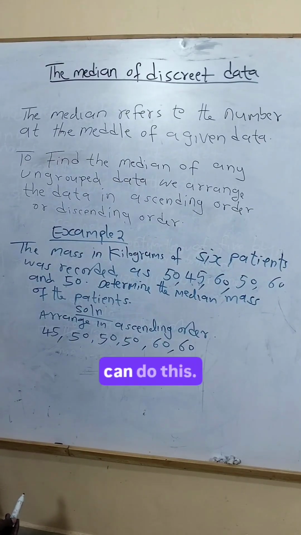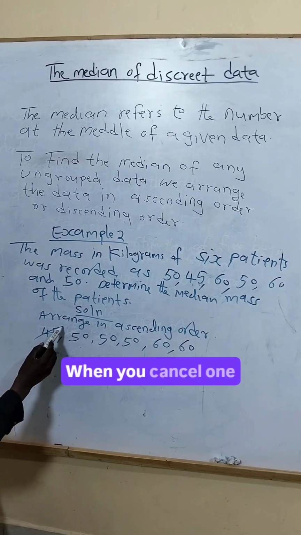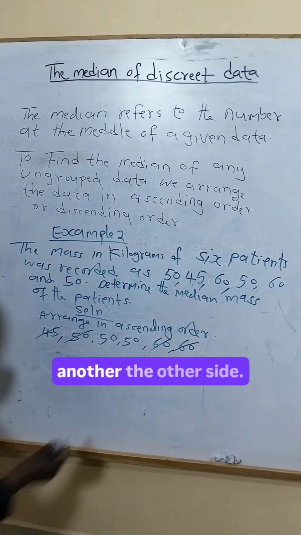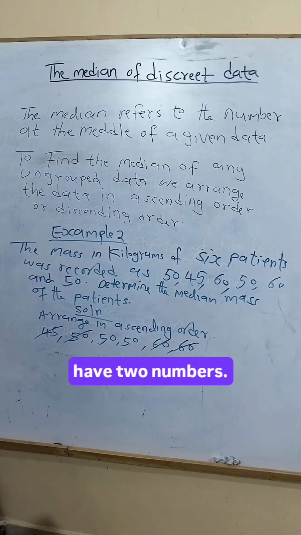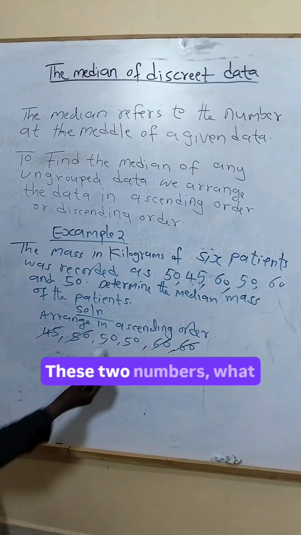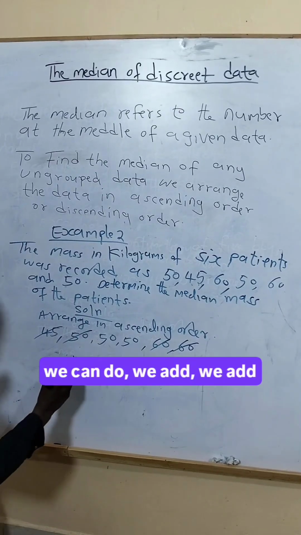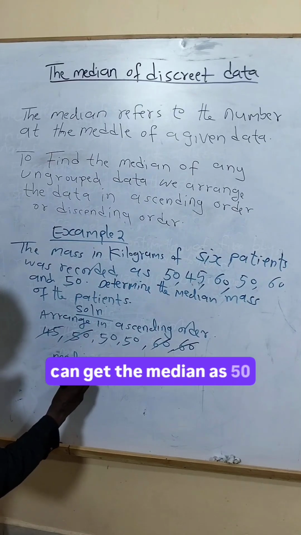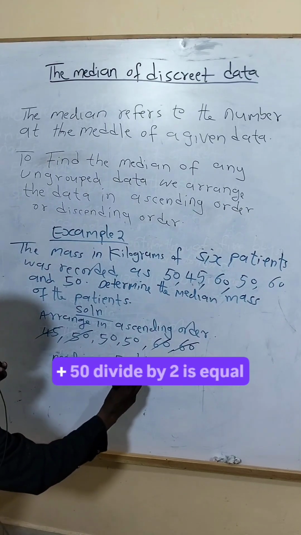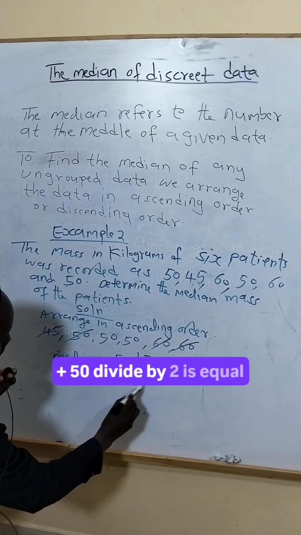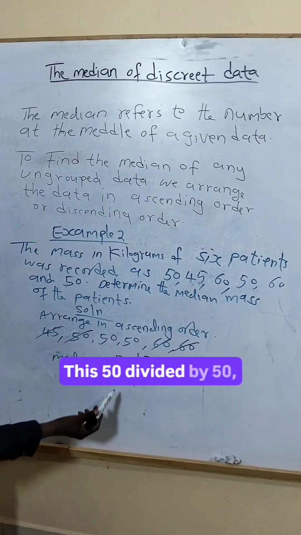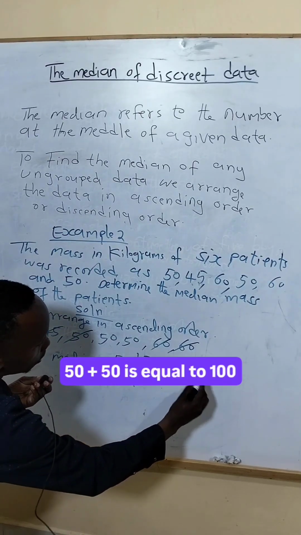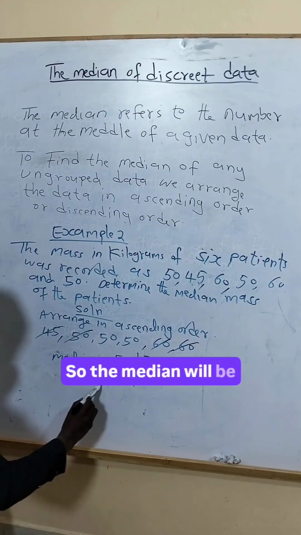So what we can do, we can do this. When you cancel one number here, you cancel another one the other side. You cancel one here, another the other side. So at the middle we have 2 numbers, so we cannot cancel like this. These 2 numbers, what we can do, we add them so that we can get the median as 50 plus 50 divided by 2. 50 plus 50 is equal to 100 divided by 2. So the median will be equal to 50